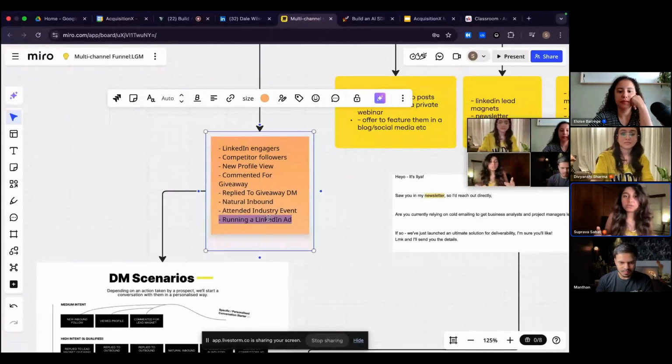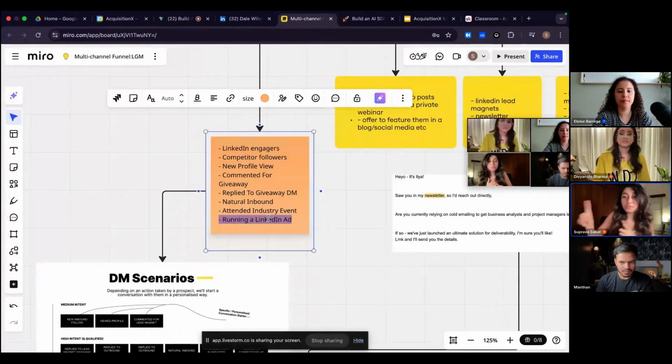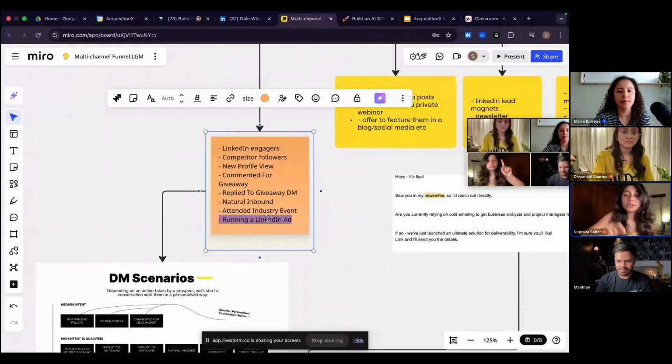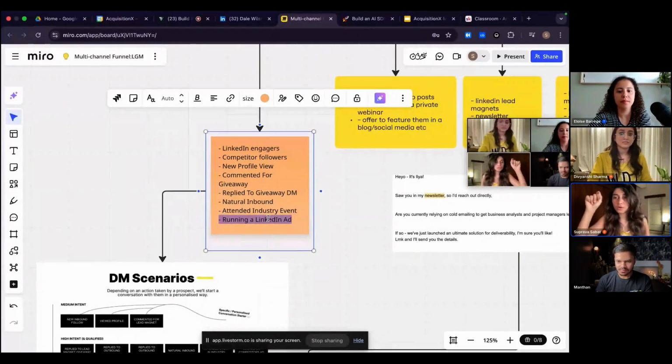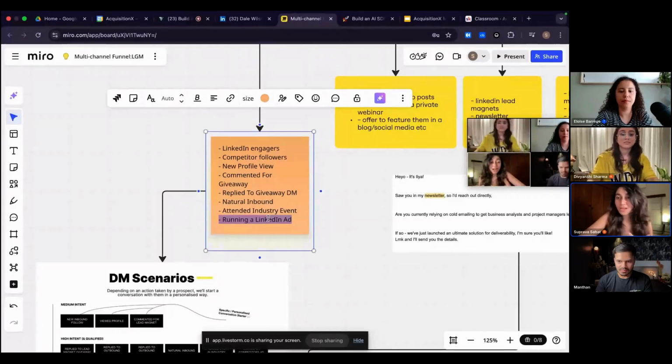Now, how do you exactly do that? Scraping competitors' followers, you can just directly use LGM and it'll give you the data. Now, Manthan will show you how exactly that can be done. Now, when it comes to LinkedIn ads, if you just search right now for LinkedIn Ads Library, you will get it. Then there, it's really great especially if you're running a content agency or ads agency. You can just see what kind of ads people are running, and you can retarget them with your approach. So this is a very personalized, very high value way that actually works, right?